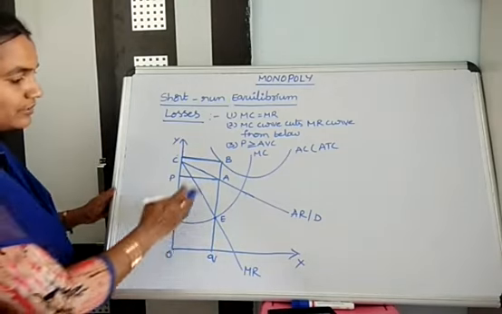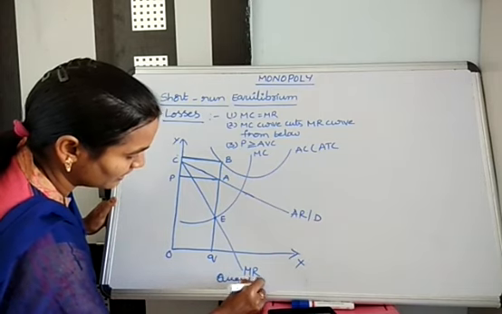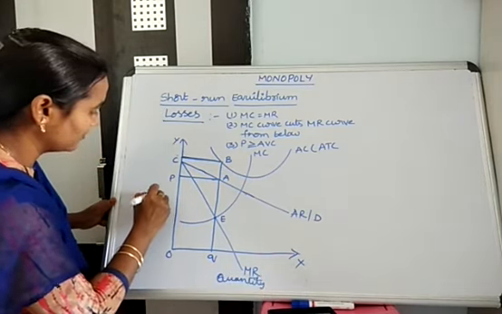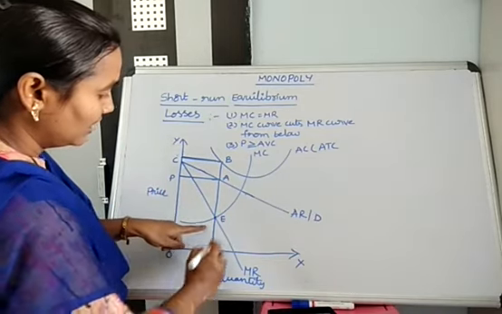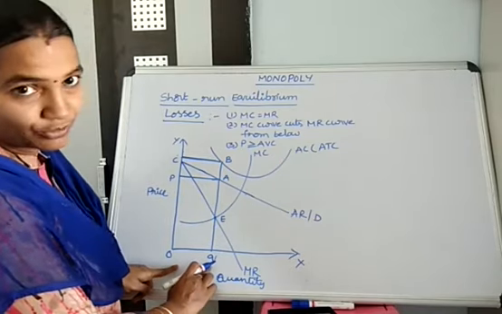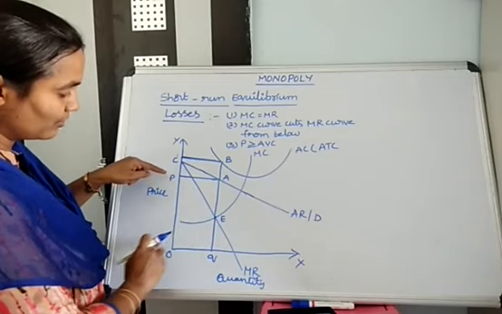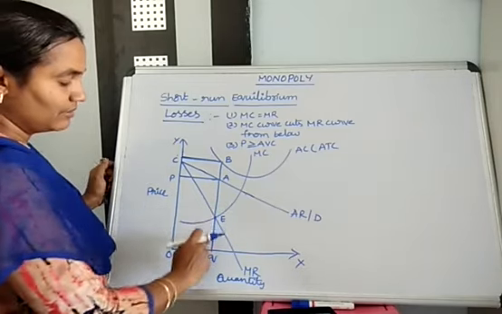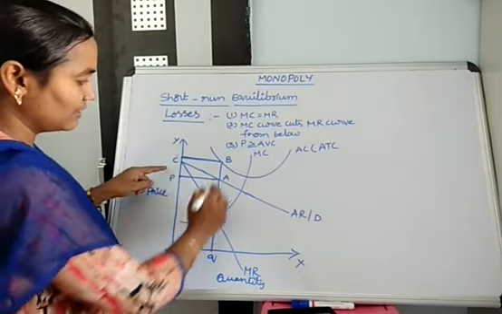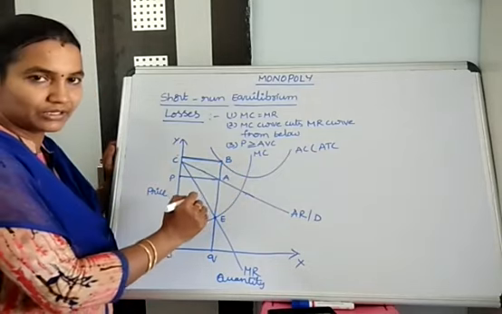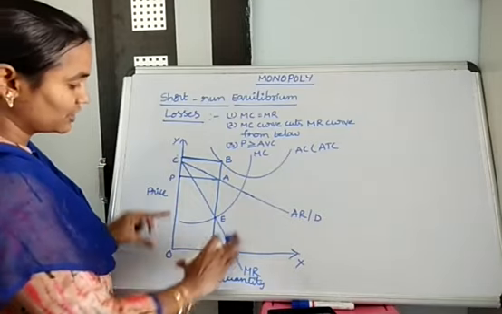Now we are going to discuss the profit or losses. The X axis represents quantity and the OY axis represents the price of the commodity. The MC curve cuts the MR curve at point E, and that is the equilibrium position. Then the equilibrium output is the OQ level, and the price of the commodity is at this level. The price is fixed where the equilibrium line touches the AR curve, which gives the revenue as well as the price of the commodity. Then the same equilibrium line touches the average cost curve, which is the cost of production of the output. So this is shown here.